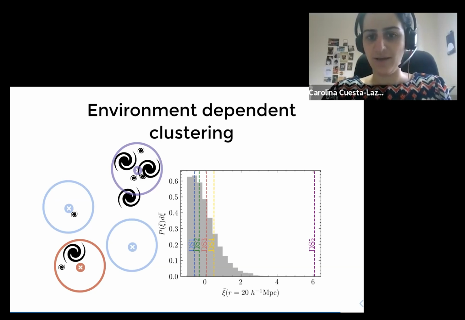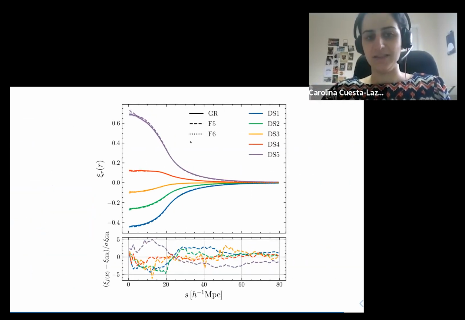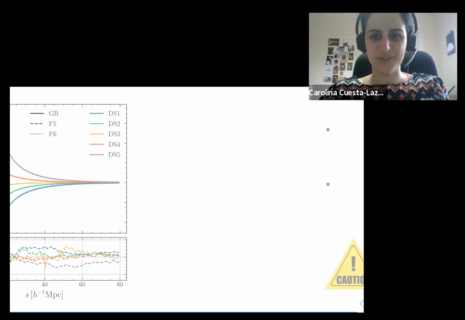So you can see here the overdensity values split into different quantiles. From voids, DS1 would be something equivalent to a void, to DS5, which would be something equivalent to a big cluster. And I'll just show you how it looks like. So you can basically look at clustering as a function of environment. You can see how in voids there are underdense regions and you go to overdense regions in clusters of galaxies. And yeah, that will be something exciting to do with new data to try and get better constraints on modified gravity parameters. And given that I'm running out of time, I'm just going to leave you with the